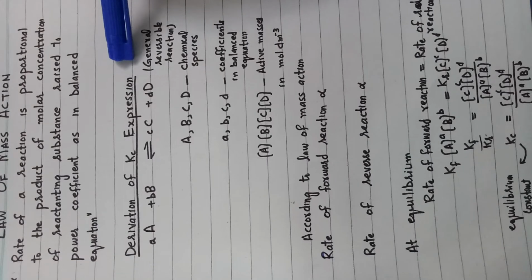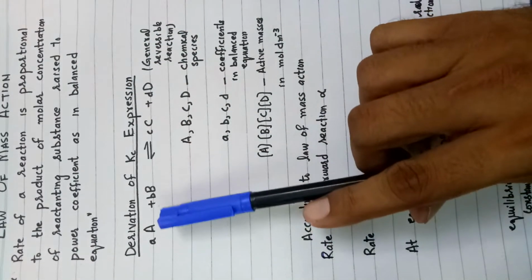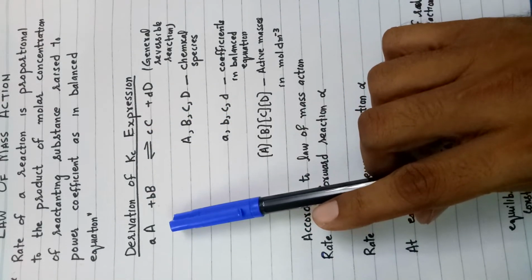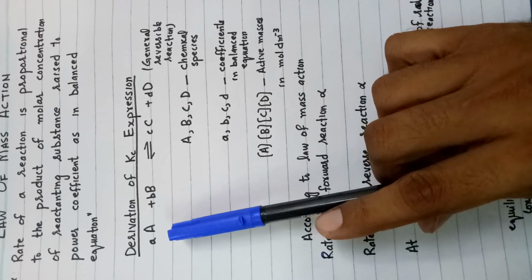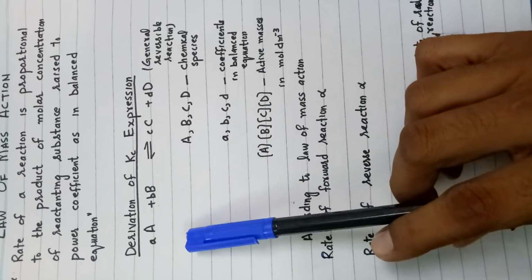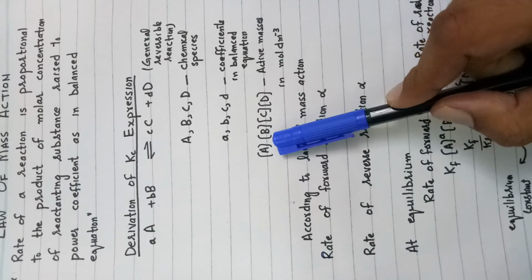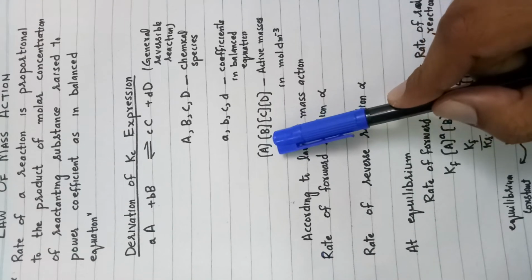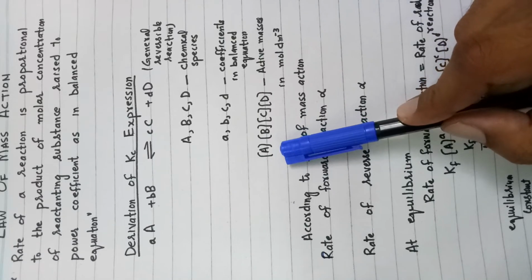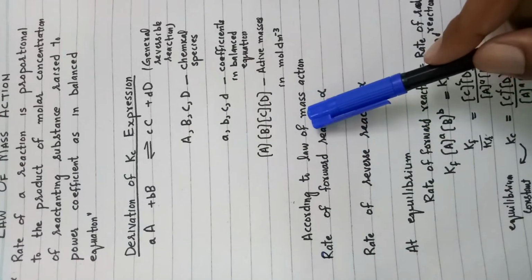For the derivation of the Kc expression, we consider a general reversible reaction in which capital A, B, C, and D are chemical species involved in that chemical reaction, and small a, small b, small c, and small d are the coefficients that are used to balance a chemical reaction. And we normally represent these reacting substances or products with a square bracket. The square bracket normally represents the active masses described in mole per dm cube,